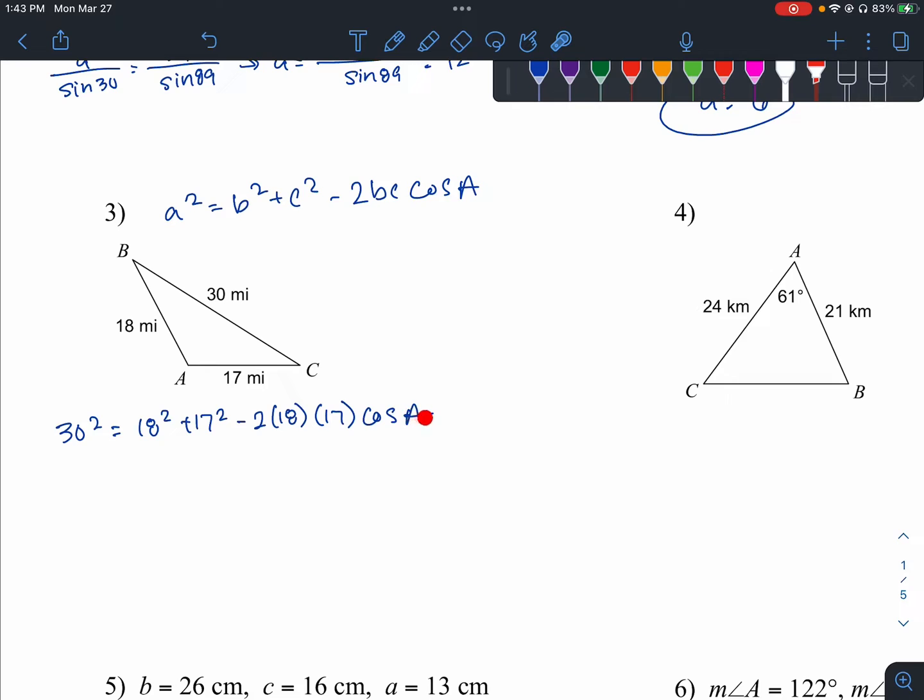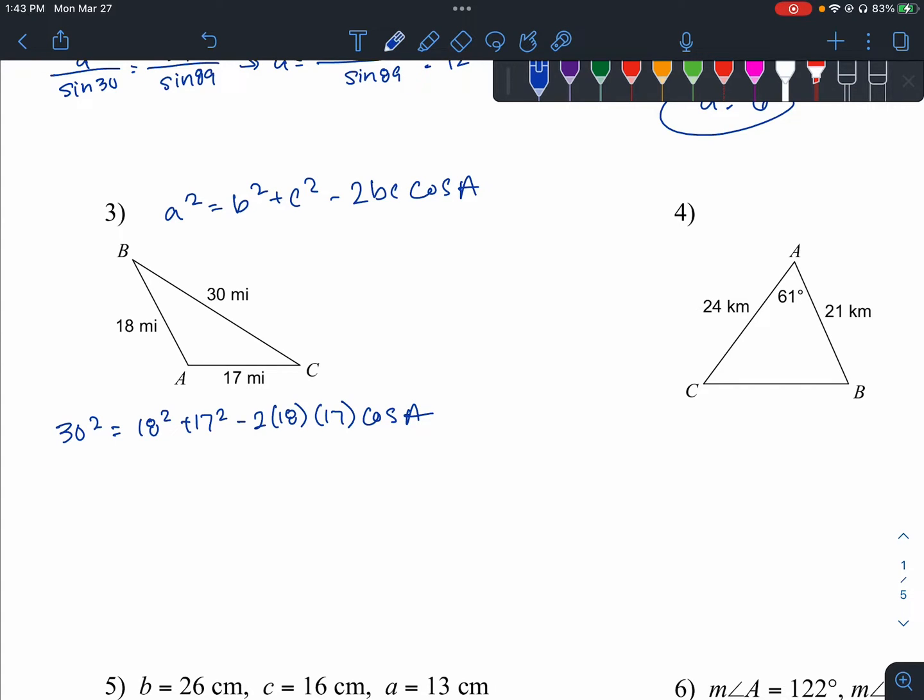Okay, so I have this sorted out right here. I'm trying to solve for this variable right here. First thing I'm going to do is subtract these two over here. So I'm going to subtract 18 squared, and I'm going to subtract 17 squared as well. So 30 squared subtract 18 squared subtract 17 squared, and I get